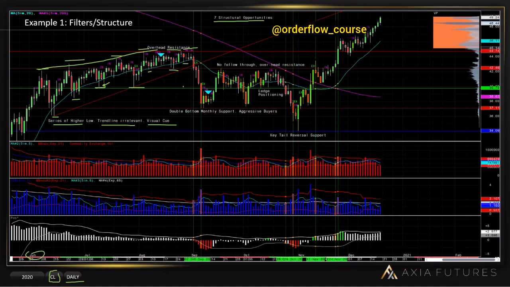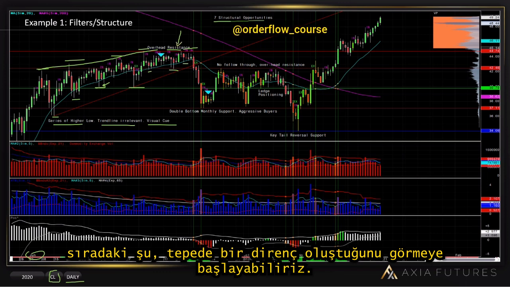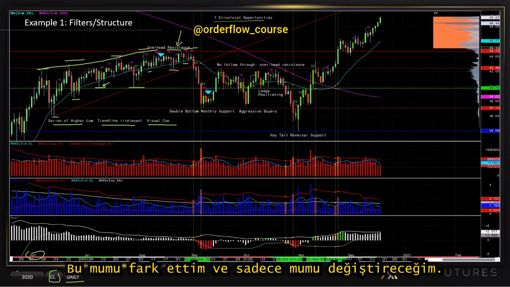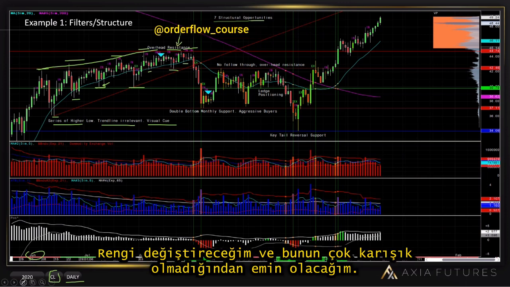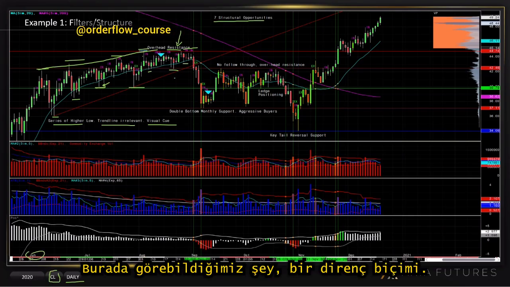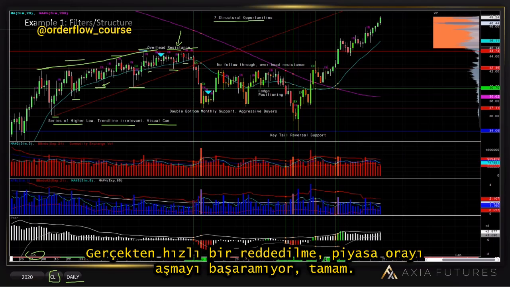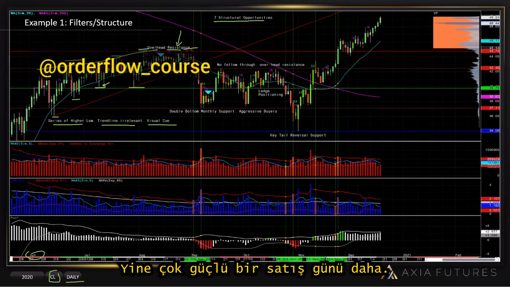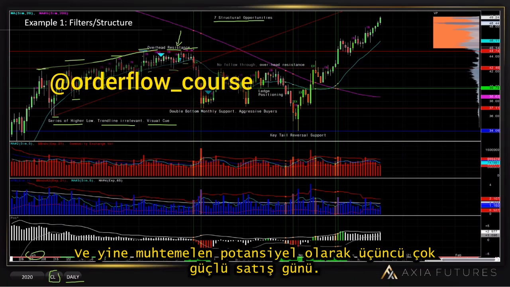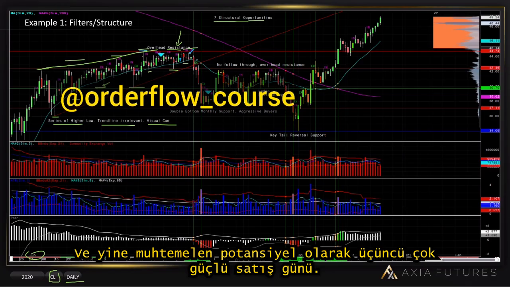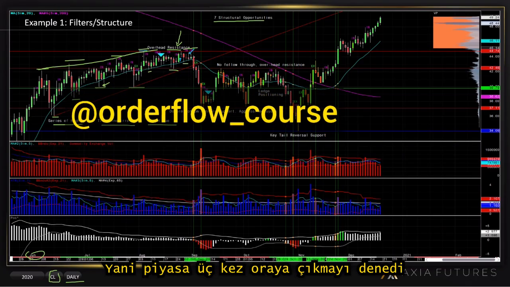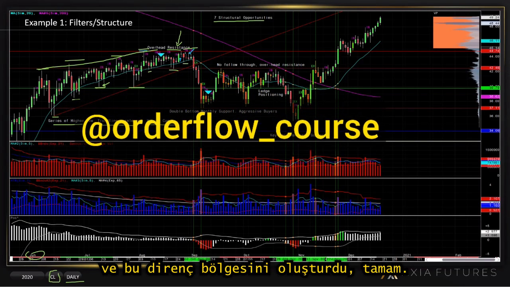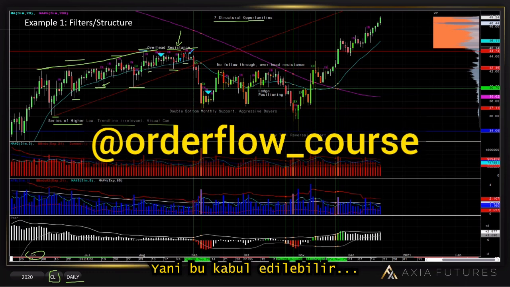Now, the next is we can start to see overhead resistance forming. Notice this candle here, and I'm just going to switch up the color, and I'll make sure this doesn't get too messy. What we can see here is one form of resistance. Notice the rejection, a really swift rejection, the market incapable of taking that out. Again, another very strong selling day, a nice doji day, and again, potentially a third very strong selling day. So 3 times the market has tried to get up there and it's formed this resistance zone. This would be deemed